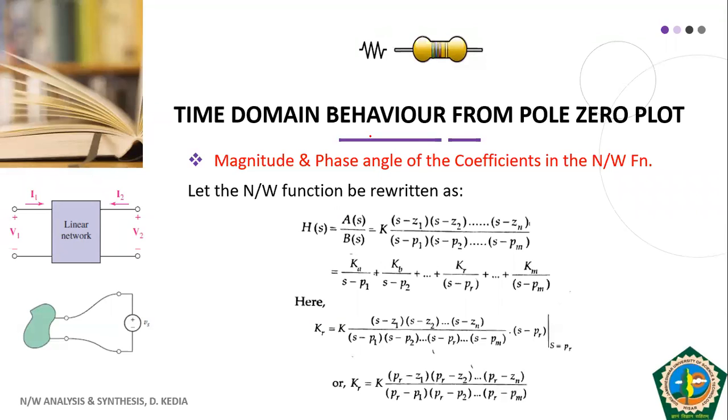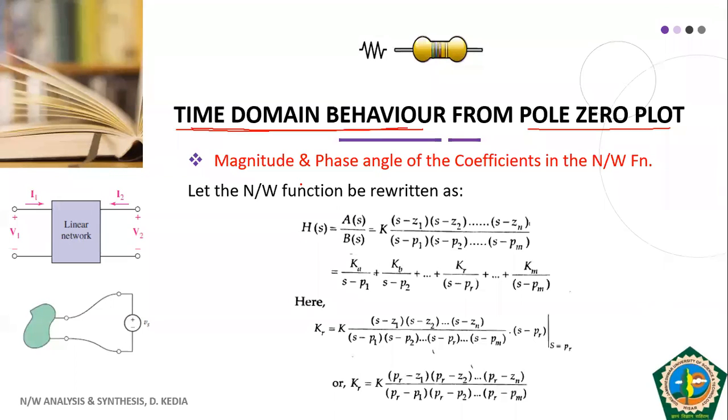You all know that graphical representation always provides us instant interpretation of the system. So that is also one point in favor, that with the help of pole zero plot, today we will find out the time domain behavior. All of us have studied Laplace transform, and from Laplace transform, if we wanted the time domain response, we obtained the inverse Laplace of that, and by obtaining inverse Laplace, we used to obtain the time domain behavior.